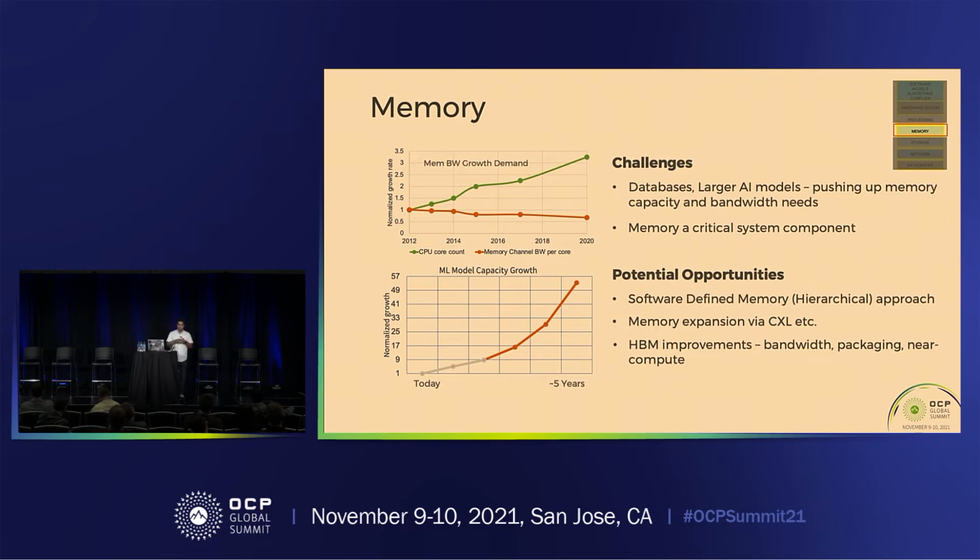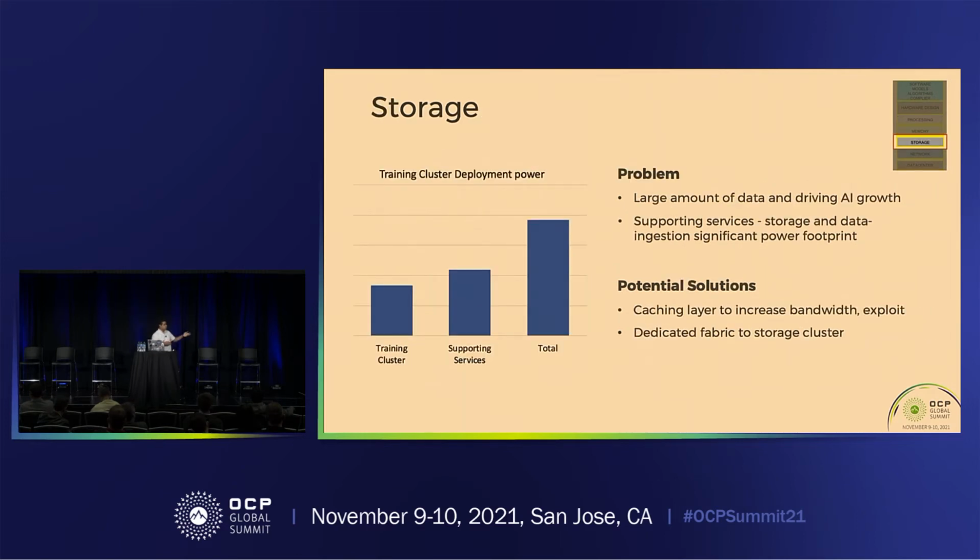So when we think about these memory technologies, we need to think about it holistically and address these concerns. Similarly on storage. Storage is something that's been driving AI growth. The reasons these models have been so successful or popular is that they've been able to train on humongous amounts of data. So I would see memory and compute being as important as storage, or storage being as important as memory and compute to drive this AI innovation, which essentially means we need to be able to store large amounts